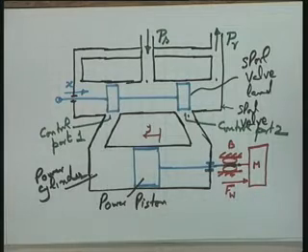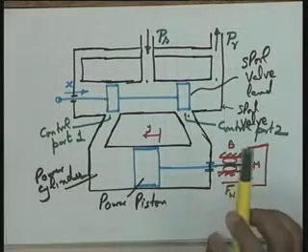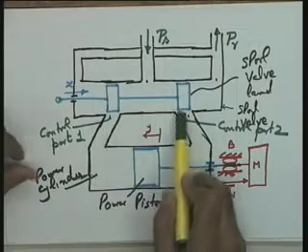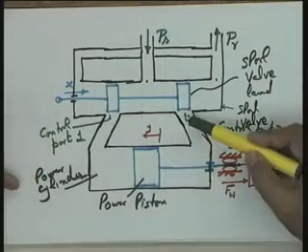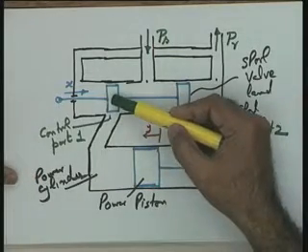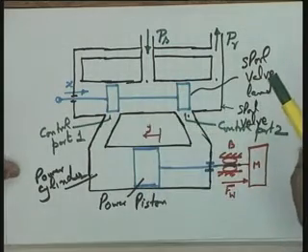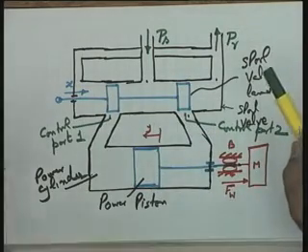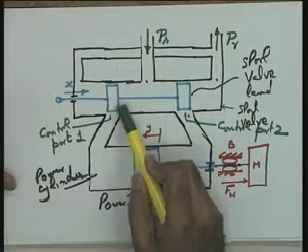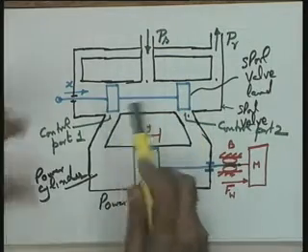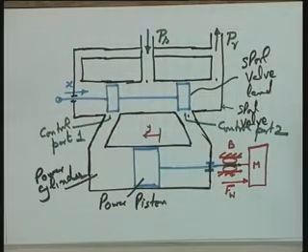The neutral position is the x equal to 0 position, and corresponding to this position, though I have shown certain openings between the control port and the spool valve, you assume, ideally speaking, that the spool valve or this land is able to completely close the control port in the neutral position. In that particular case, what will happen please?